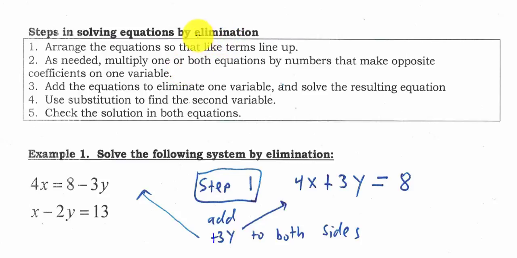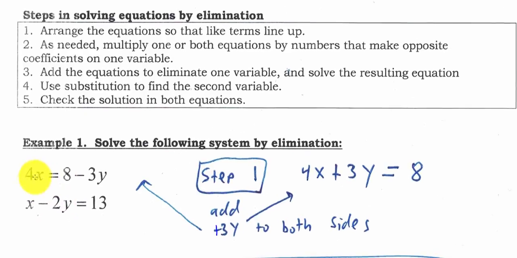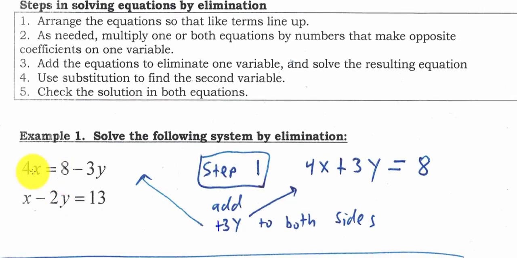Some books also call this the addition method because we're going to add these two equations together and hopefully eliminate either x or y. So the first step says arrange the equations so that like terms line up. That just means on the left side of my equal sign, I want to have an x and a y, and I'd like them to be over one another. So you'll notice on my first equation, the y is on the right side of the equal sign. So I'd like to move this y to the left side of my equal sign so that my terms line up. So if I add a positive 3y to both sides of the first equation,